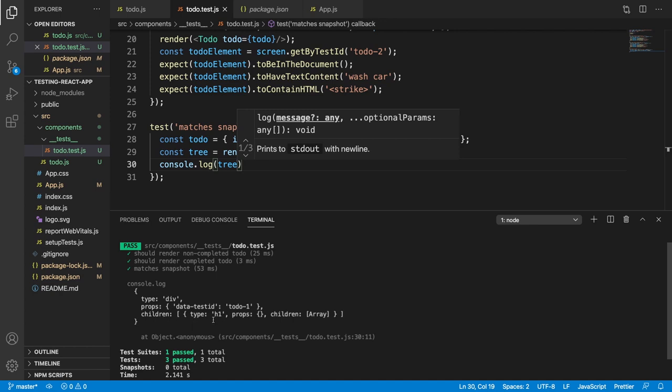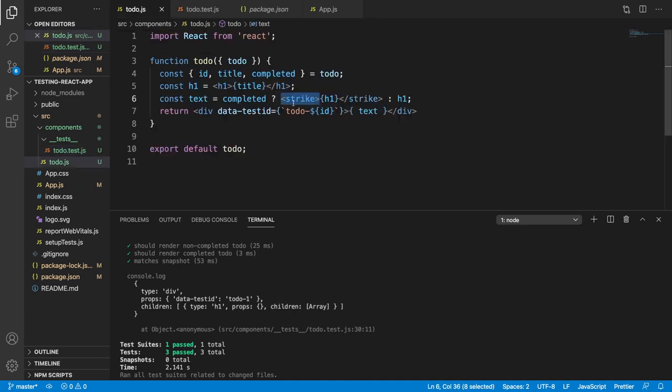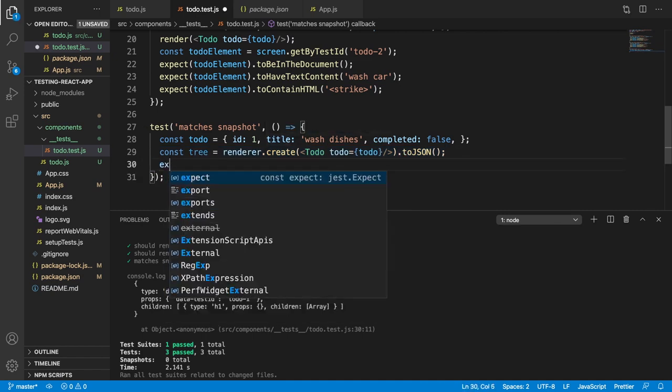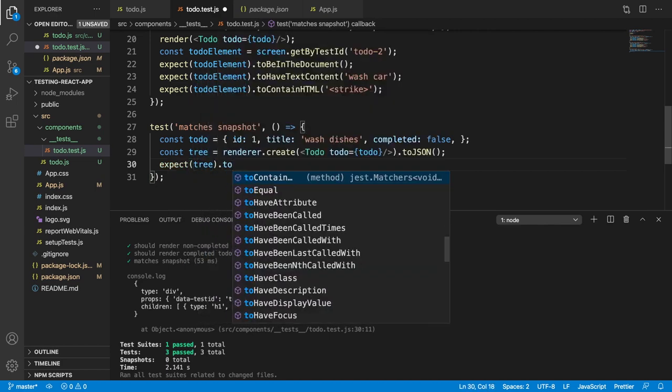So we can see that this is actually the component tree. So the actual component itself is a div. It has some props and it has some children. So the children inside here are going to be the child elements here. So it would be like strike and h1. So how can we use this snapshot? So it's going to create that, and then we're going to say expect tree dot to match